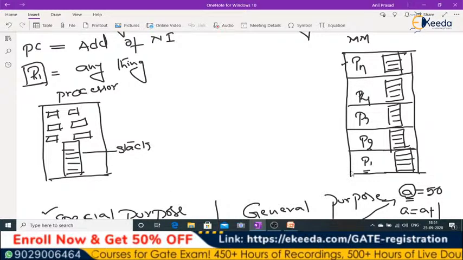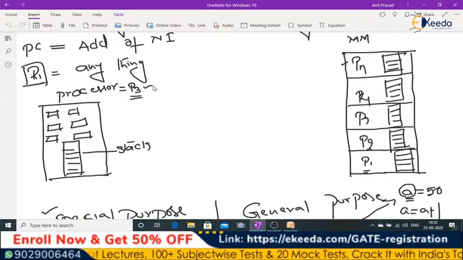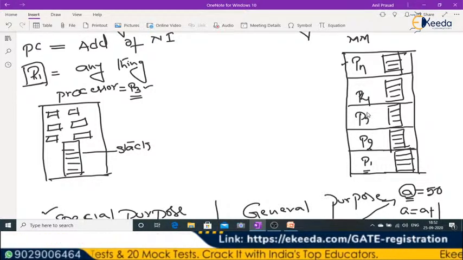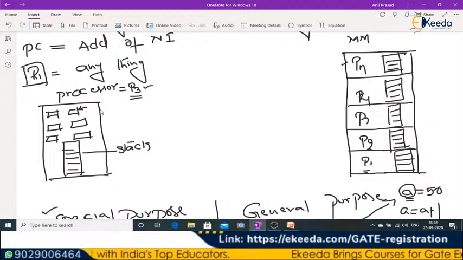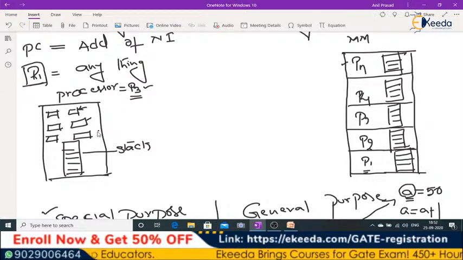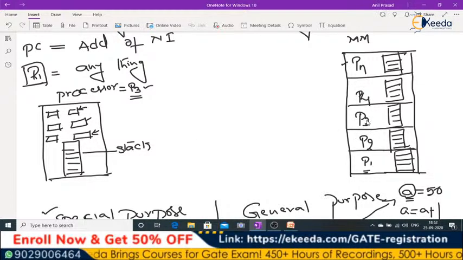Now, let us take that this processor is executing program 3. What do you mean by this? When the processor executes program 3, all of program 3's values, the variables and constants and whatever, will get transferred to the registers. Program 3's stack values will be transferred to the register stack. Once again,